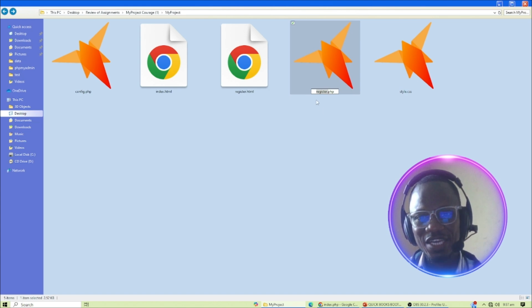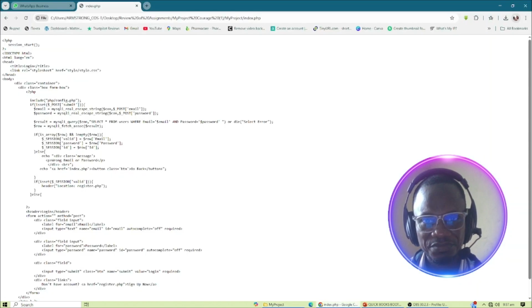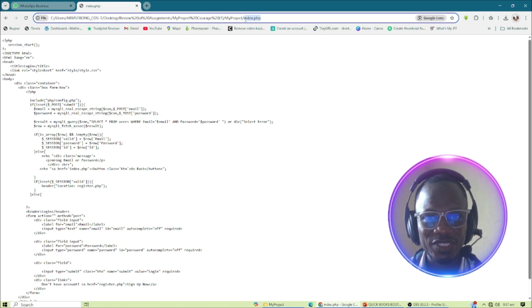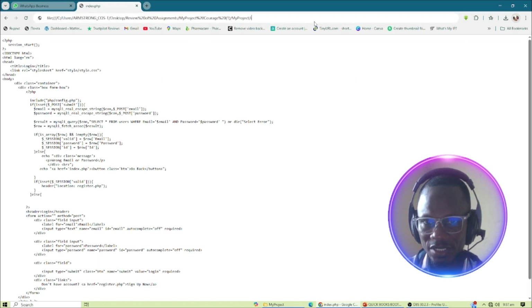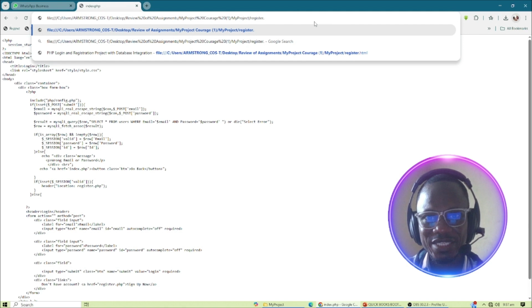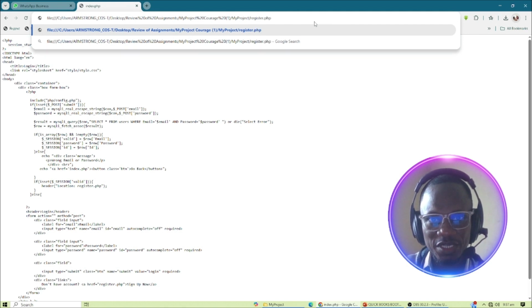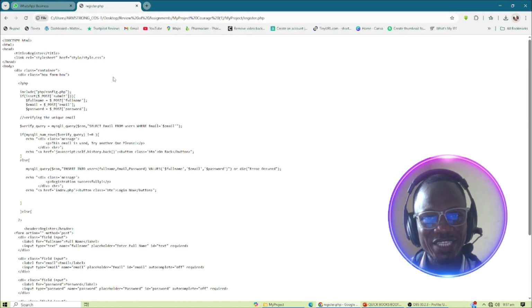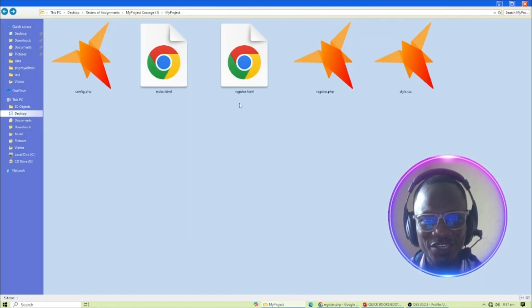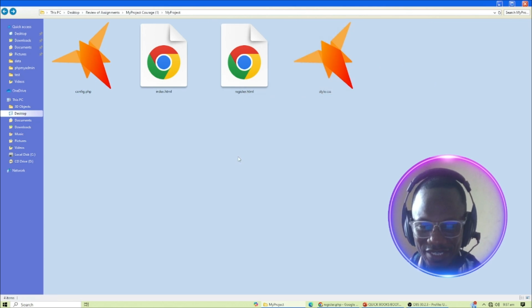So let me go to the browser and also highlight on index.php and type register.php and press enter. You can see that it's also displaying the same code, which means that the register.php is also not relevant because it's picking it directly from the register.index. So this also must be deleted. Done. Okay, so that is the two